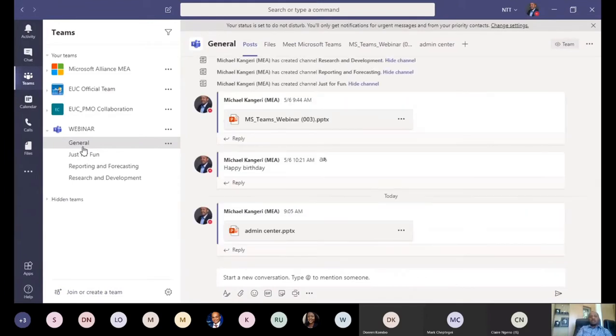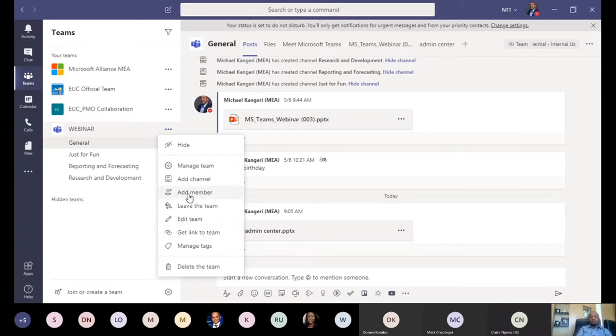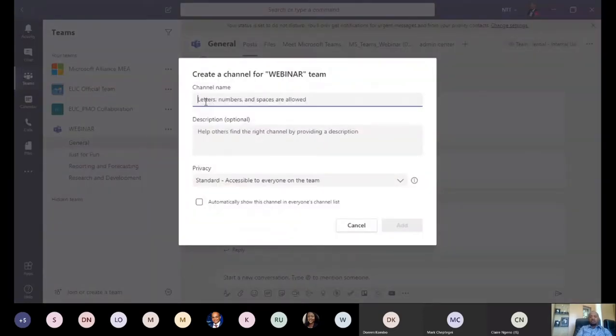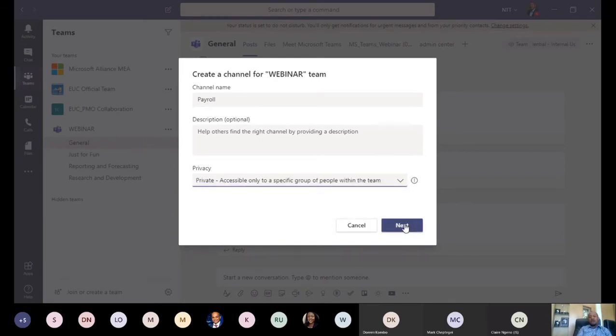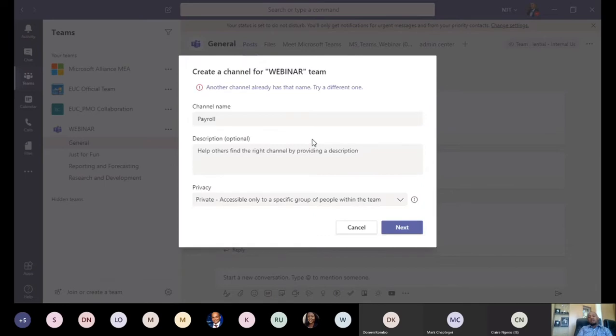But then there are those scenarios, like I've said, where you'd wish to limit the conversation you're having just to specific team members. So for example, if I'm in finance, I would want to limit, let's say, the conversation around payroll to just a few team members. So what will happen is I'll create a private channel. I'll call that payroll, and then on the privacy aspect, I'll change that to private. And then once I click next,